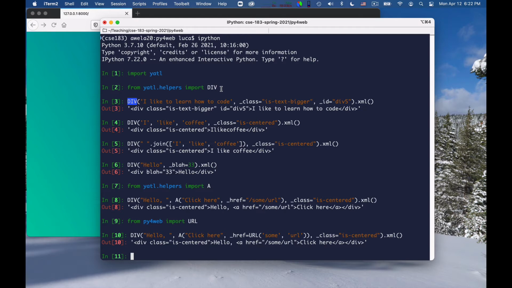They have two uses. One is to facilitate the production of HTML code, and the other one that I want to illustrate with an example in Py4web is to help you generate safe HTML. And to illustrate that, I want to move to Py4web to show you everything in action.